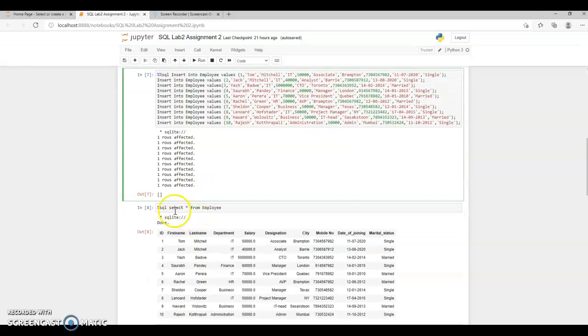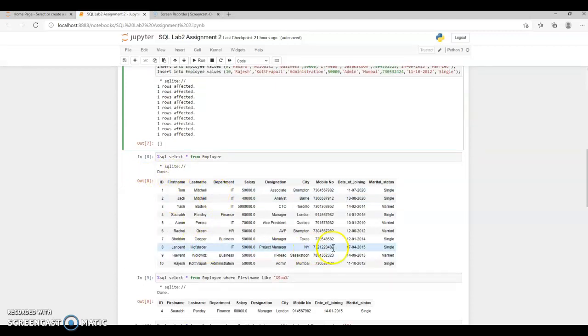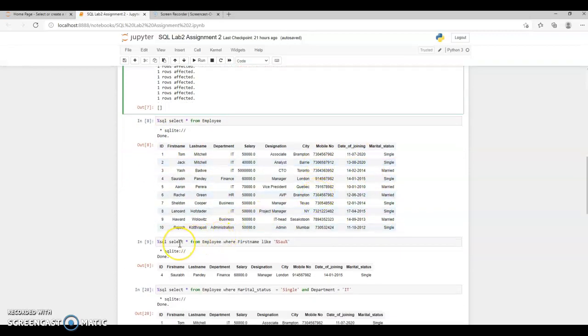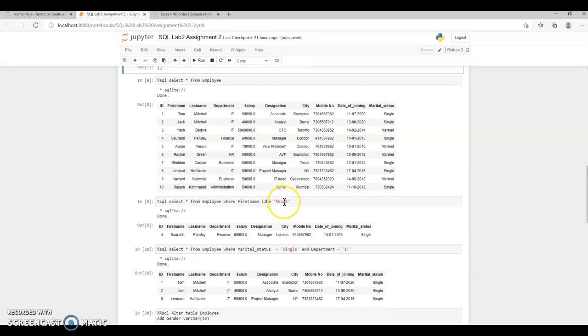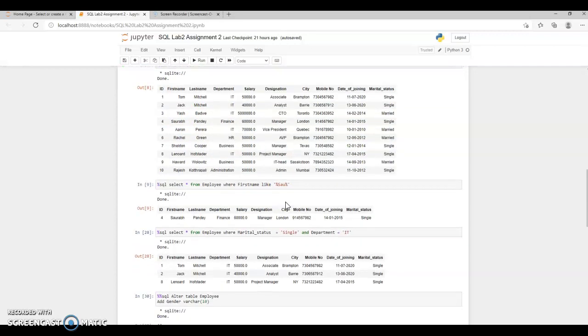In order to see the database, you just write select star from employee, the table name. You will get the whole table. After that, if you are using a wildcard operator, if you remember a name starting from S, or just two names of a particular individual, you can use the wildcard operator such as LIKE, and WHERE from where we need to fetch in the database. Like I need to fetch it from the employee table. The first name is my column name, and what is the starting name of the individual. So it starts with Saurabh, so I have put down SOU.